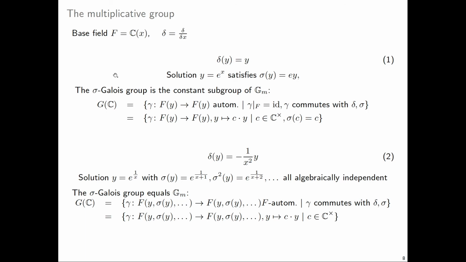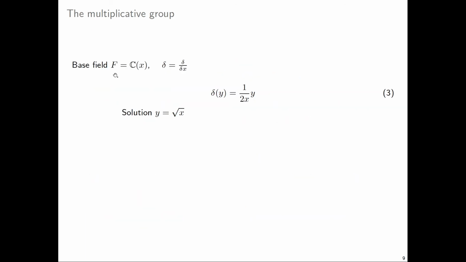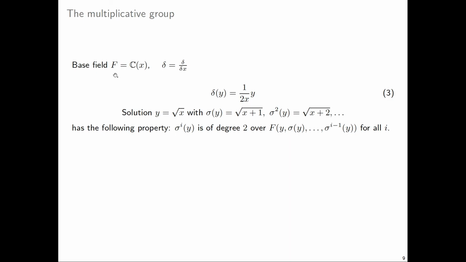Okay, so the next example would be the finite group of order 2. Consider this example: the solution is the square root of x, and then we get as images the square root of x plus 1 and the square root of x plus 2 and so on. So there are algebraic relations among these solutions. Everything squared is inside the base field, but other than that, we do not have any relation, by which I mean if you consider this sequence of images,